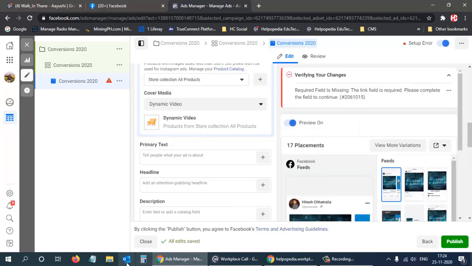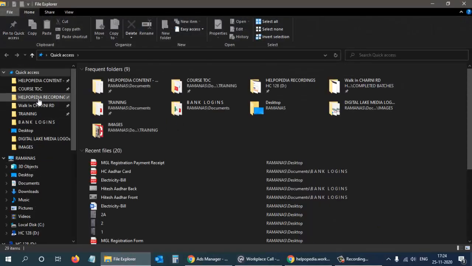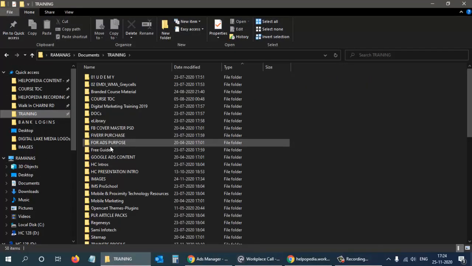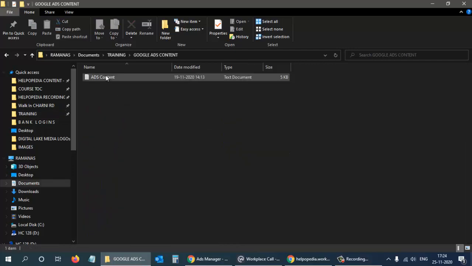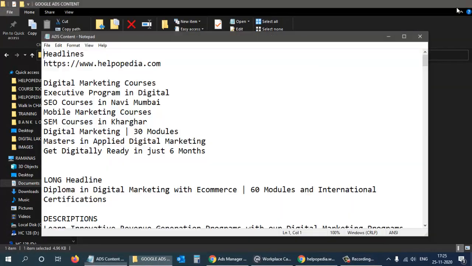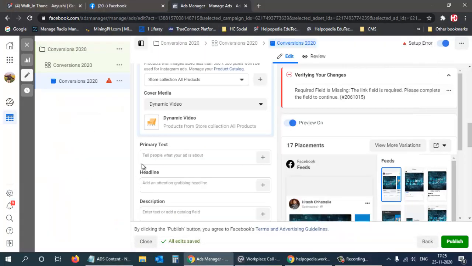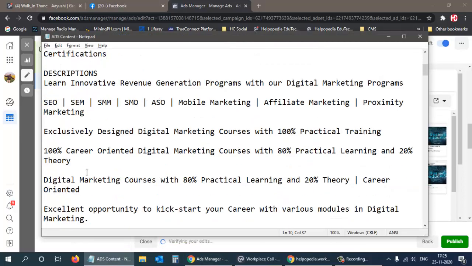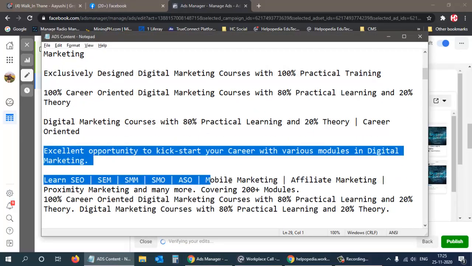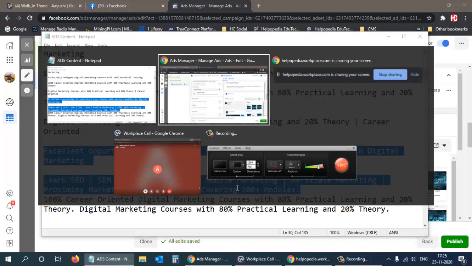So primary text would be, let me open my file. Okay, so this is my file. So this would be the text, primary text. I need more long descriptions. Okay, so this is what I'll select as my primary text.